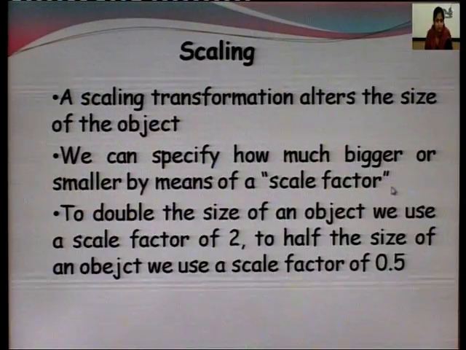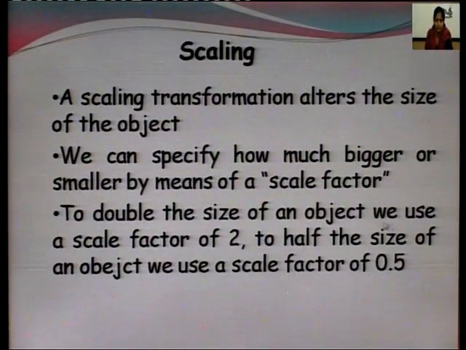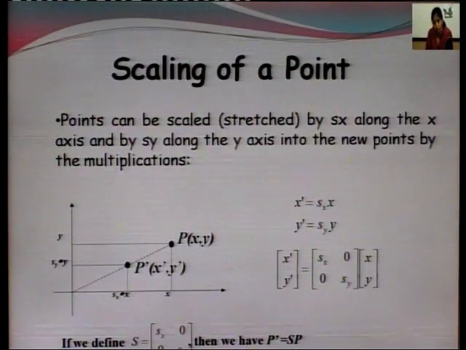If this is less than 1, this means we are reducing the size of the object. For example, if the scale factor is 2, this means we double the size of the object. If we reduce it to half, that is less than 1, then we will reduce the size of the object by half. Now, how to perform this